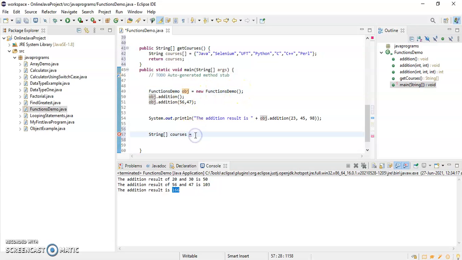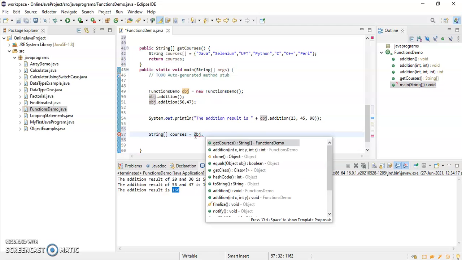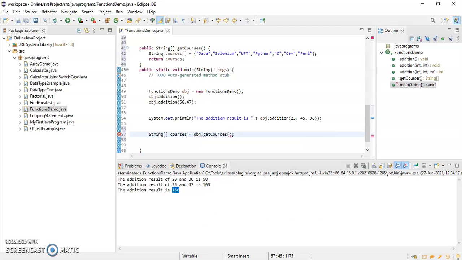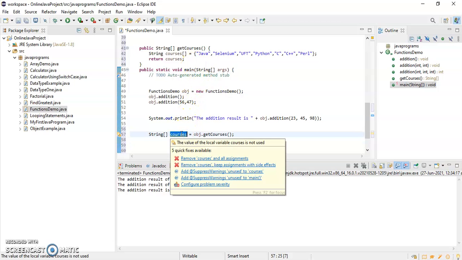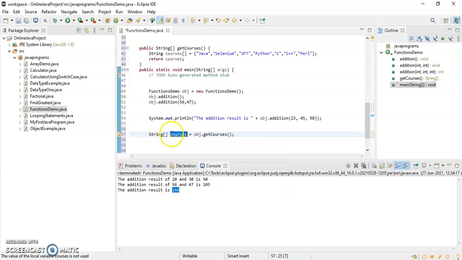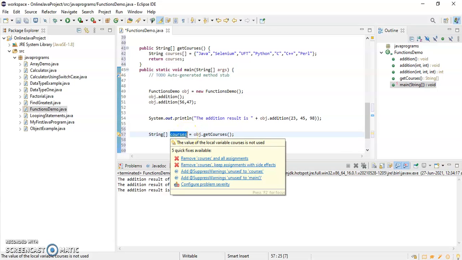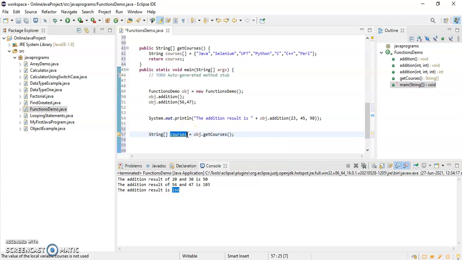So I'll just write here obj dot getCourses. So it will return the string array, and now all the values are stored in this string array courses. Okay, you can give any different name also. So for my convenience I have given the same name, but you can give a different name also, like courses1, not a problem. Okay, so let it be courses1.